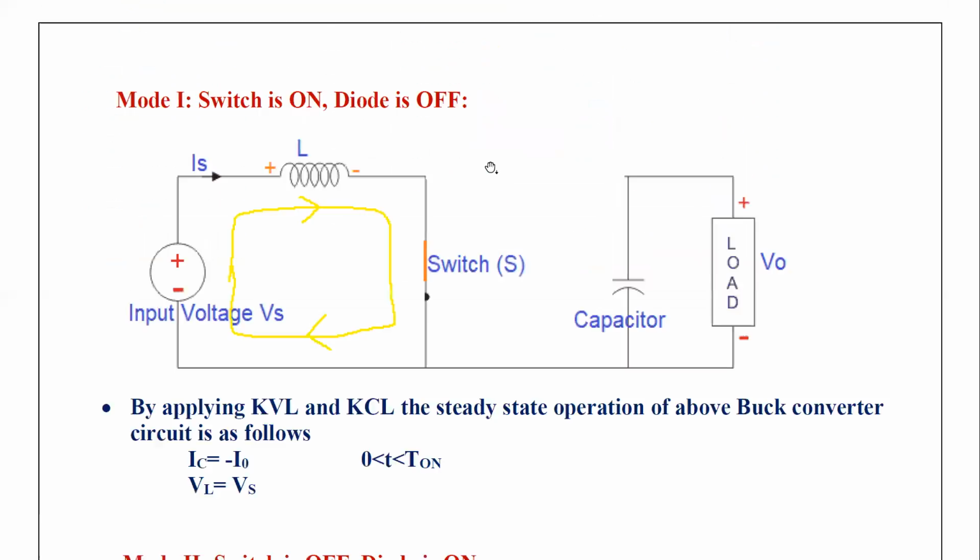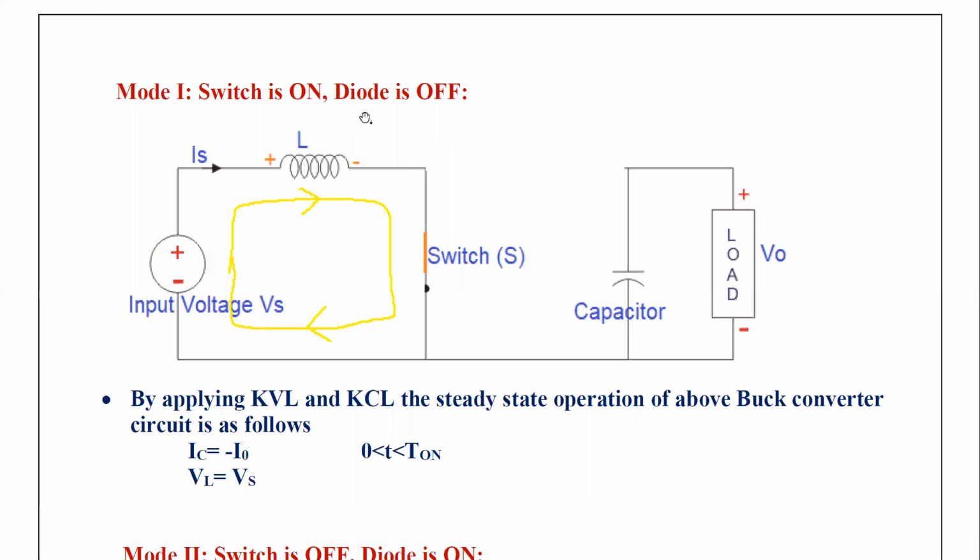In the mode 1 operation, the switch S is on and the diode D is off. Therefore, the current will be flowing through the inductor and through the switch, and there exists a closed path here as shown in the figure. As it is a passive element, the polarity will be positive here and negative here. And this is a voltage source, so the current will be flowing from negative polarity to positive polarity, as we already know. So by applying KCL and KVL here,